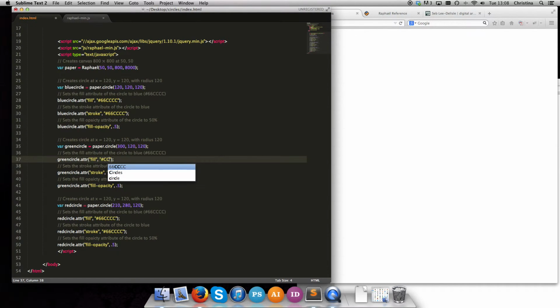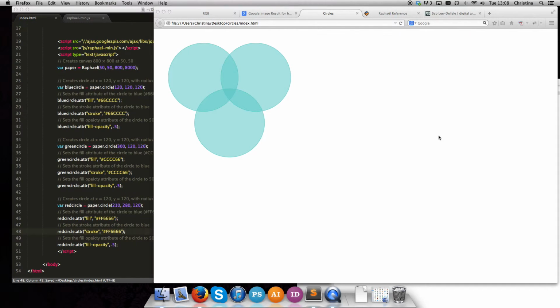So double C, double six. Copy that, paste it there, and here double F, double six. Copy that, paste it here, and refresh. Woohoo! So I've got my nice Venn diagram, my little digital art that I've created using Raphael JavaScript library,